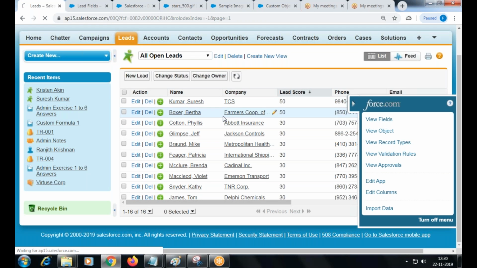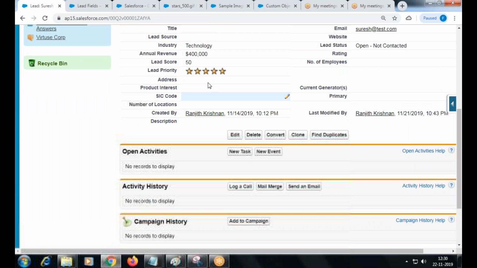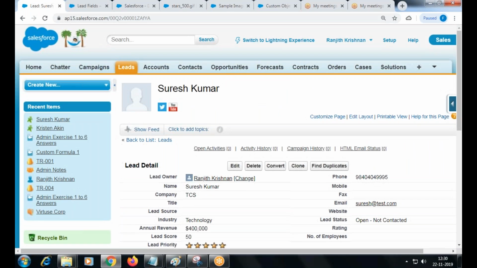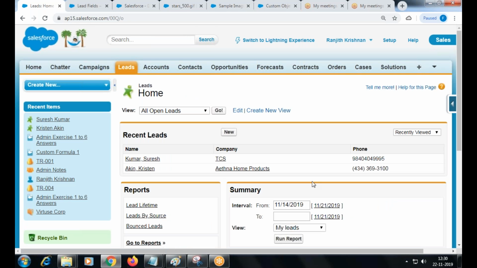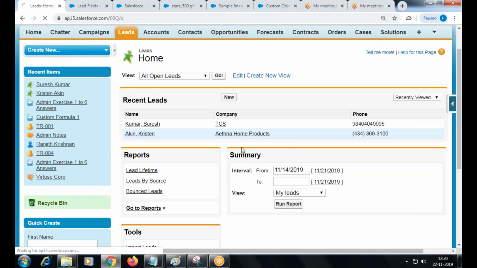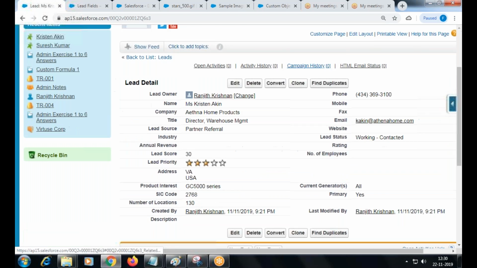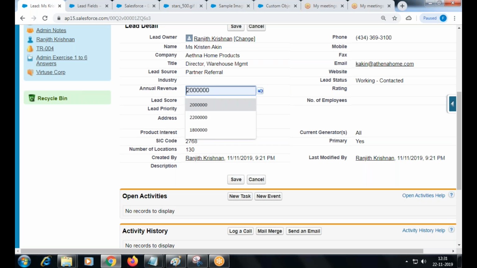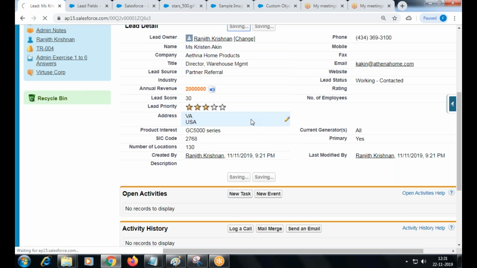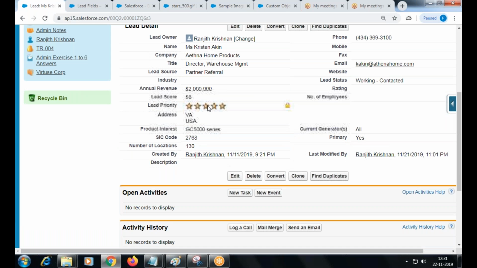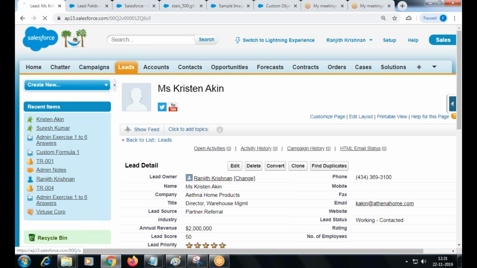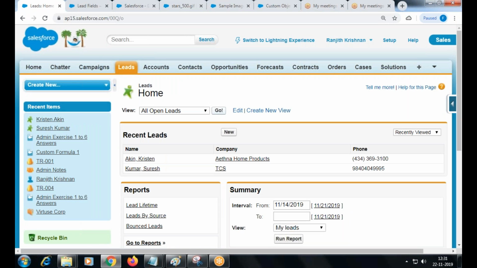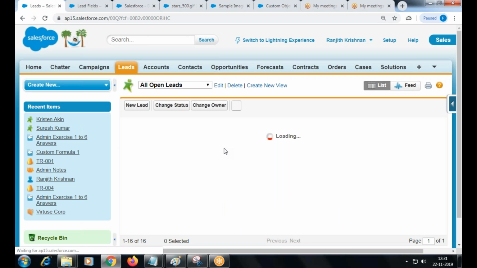I go to any lead record and see. Right, 5 stars. If you go to any other record, Ethna product. Right, 3 stars. I modify some value. It is 5 star, right? So how to add this as one of the fields in your list view? Edit the list view.